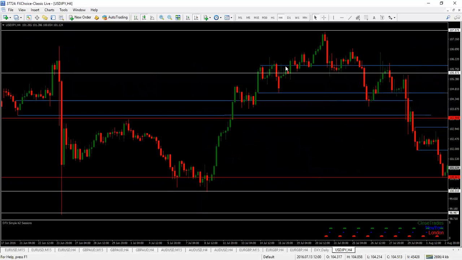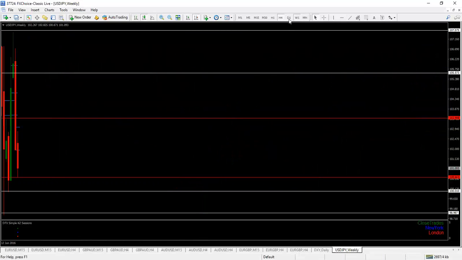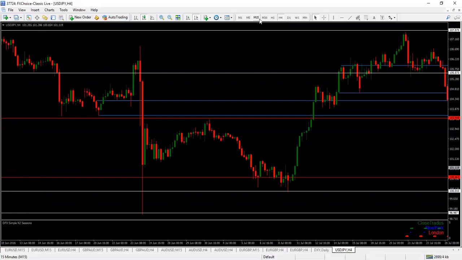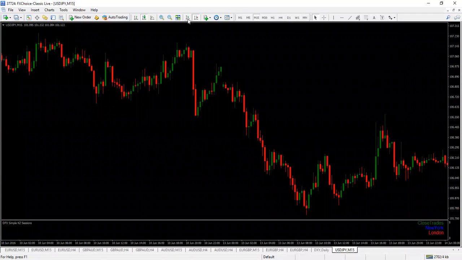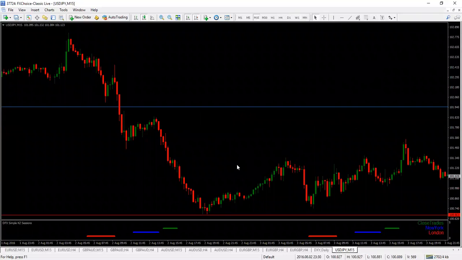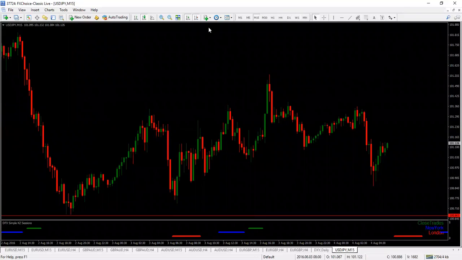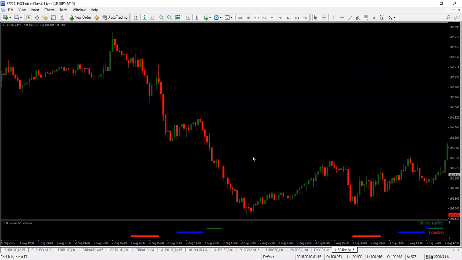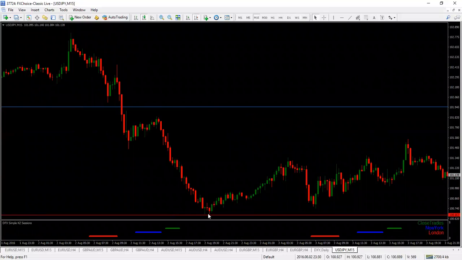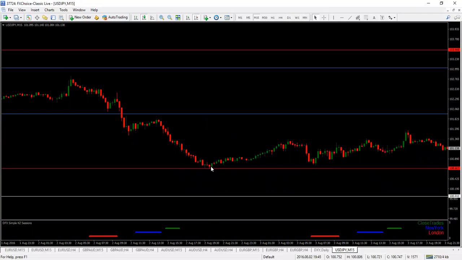And so, yeah, once you have all these lines right now on the weekly, daily, and then 4 hour, now you can go down to 15-minute. And the way he says, every time it bounces off the monthly or weekly, you're either buying or selling. Like right here, you would have seen it coming down. You would have placed a buy limit right here. And then what he said is your stop loss is always